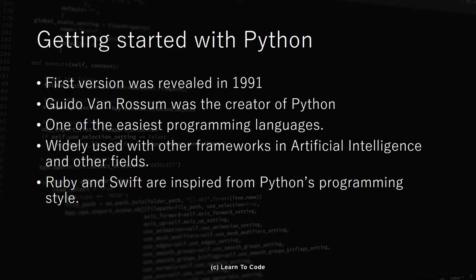Let us now get started with Python. Python was announced in 1991 and created by Guido van Rossum. Since then, it has become an integral part of our software world, from making complex web applications to deploying 3D animations and being used as a scripting language, as well as being used in data science and artificial intelligence. It is a favorite of programmers, and most begin their careers with it since it is one of the easiest programming languages available.